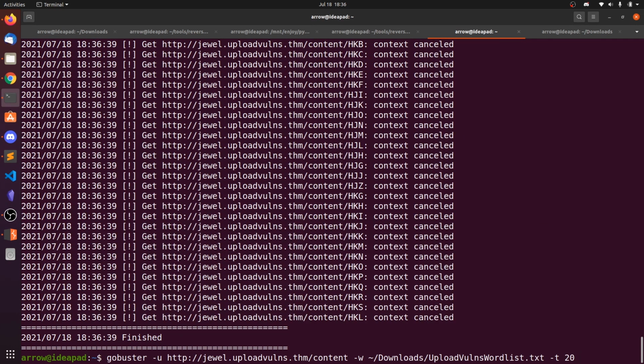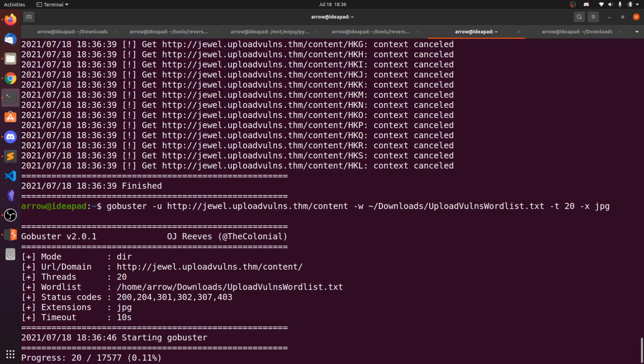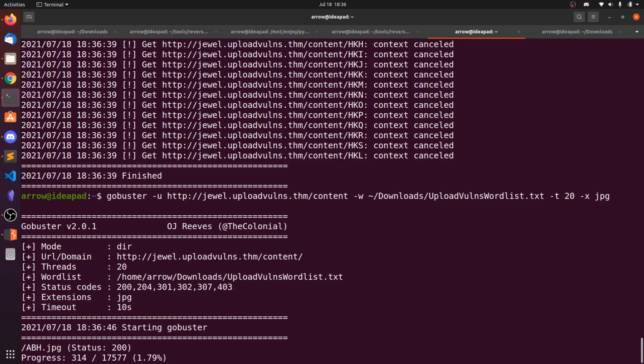Okay, we have done something wrong, that is we did not specify the extensions. So which extension have we uploaded? JPG. And you can see abh.jpg. So let's copy this.